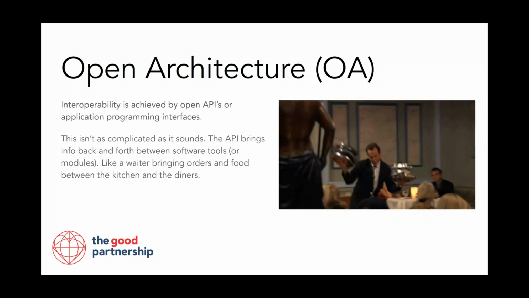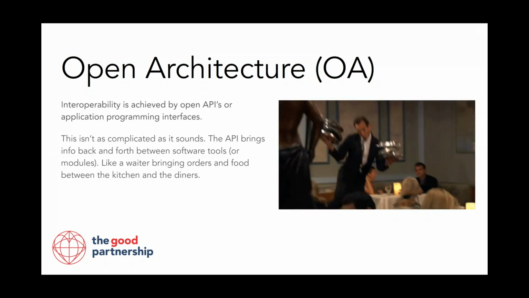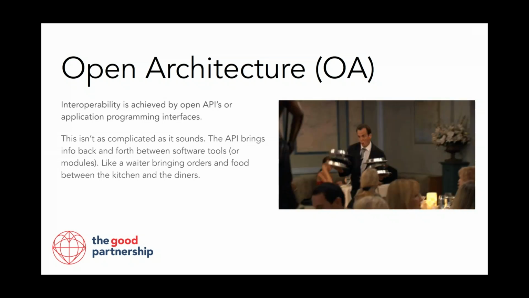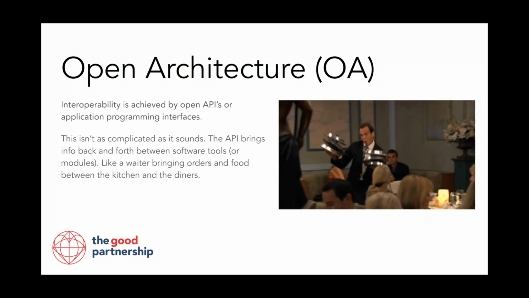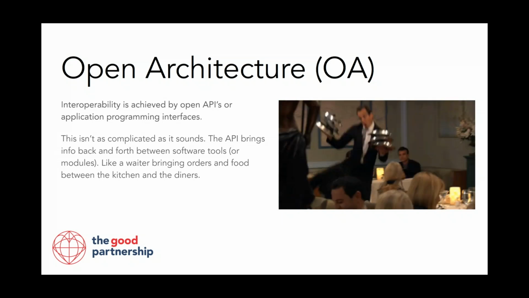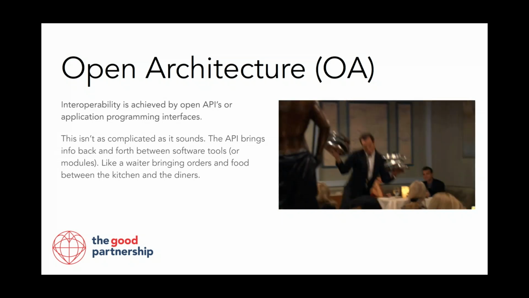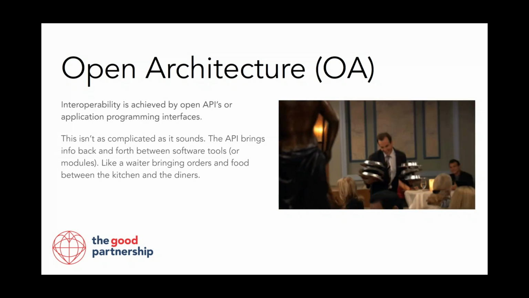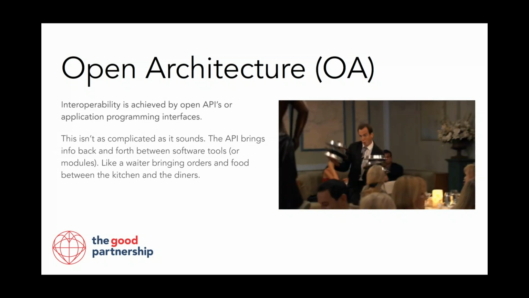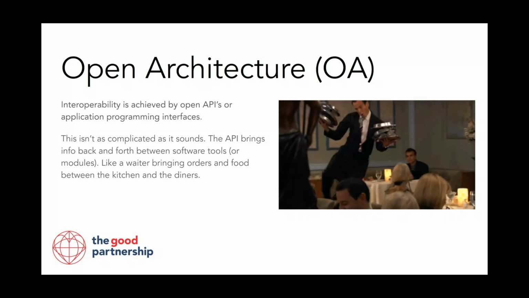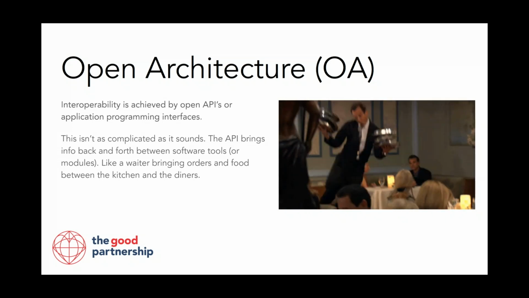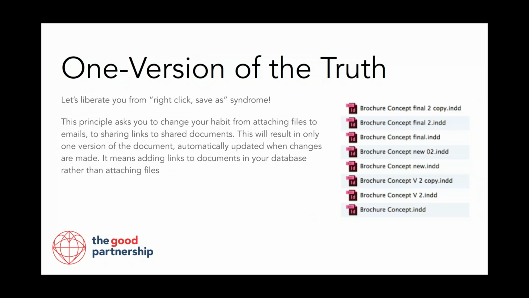An API is the waiter who takes that order, those words on a menu, brings them to the kitchen, and it gets turned into a meal, and then brings it back to the table where it's consumed, right? So the API simply brings information, allows information to flow back and forth. Okay. So the second principle, or third principle rather,